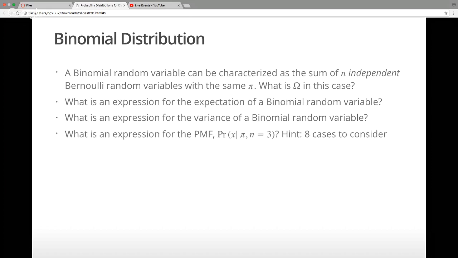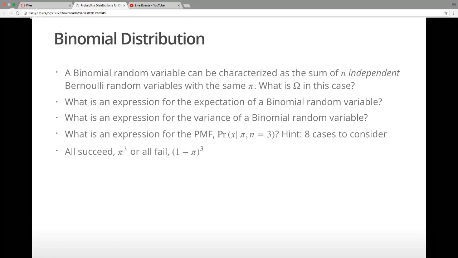Marlon: n over x times pi to the x times 1 minus pi to the n minus x. Somewhat close. How did you arrive at that? Given the number of ways we can get 3, 1, 0. Yeah, okay. I think you're on the right track here, but let's just sort of spell it out